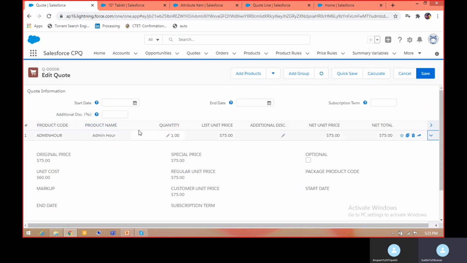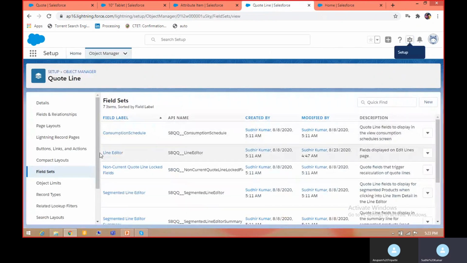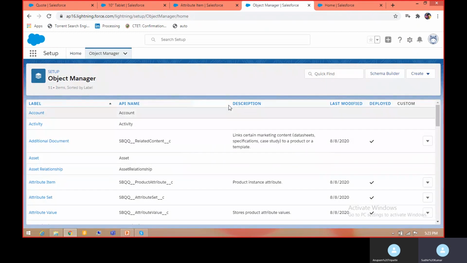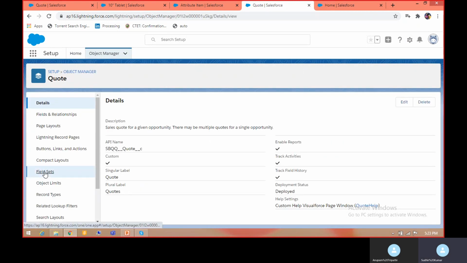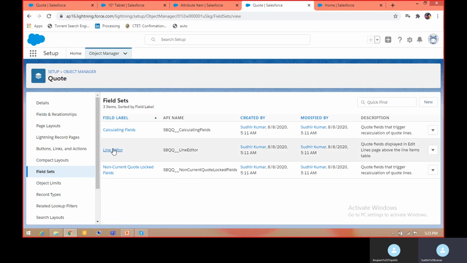Now if you want to add the net total field over here, this section is from the quote object, so you need to go to object manager, quote, and field set, and line editor. Since all the details of the quote fields are being displayed in the line editor, you need to modify this line editor.